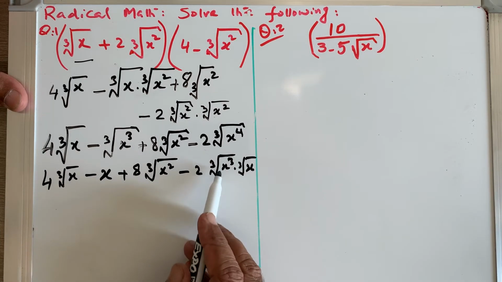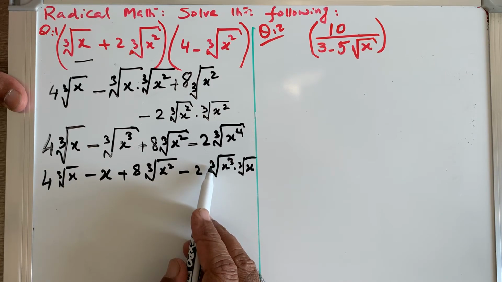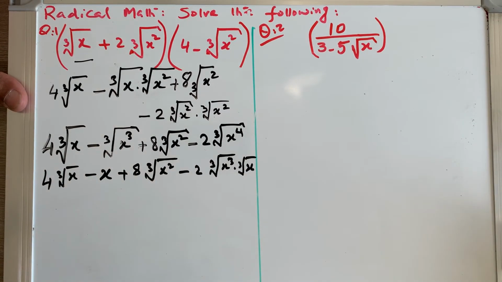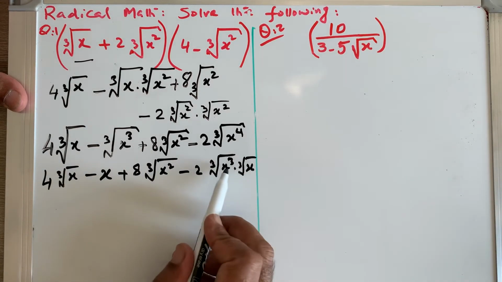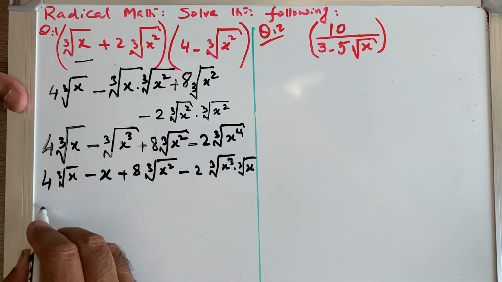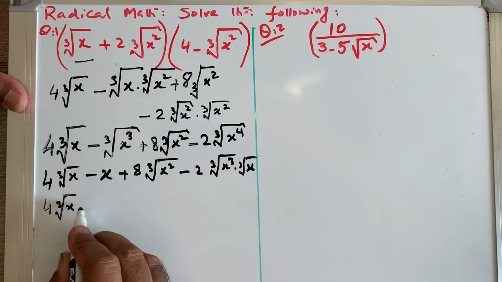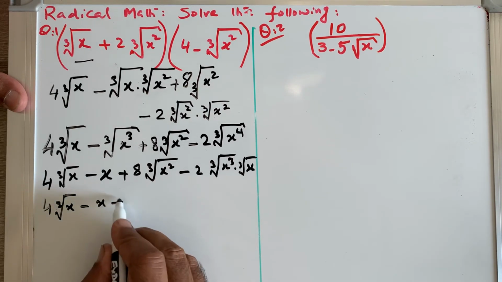Of course, I can solve x cube and the index is 3, so my result is again x, right? And here I cannot solve it further, so that will remain under root x. If you multiply under root x with this, it will be x power 4, right? So I have 4 cube root of x minus x plus 8